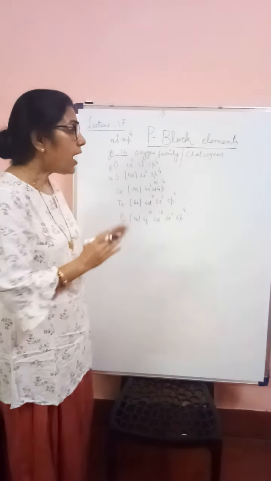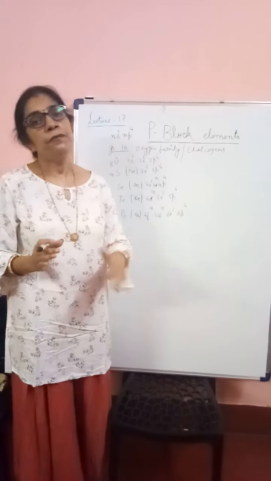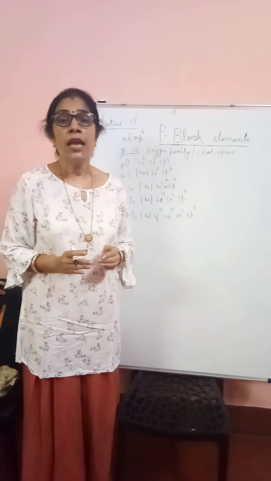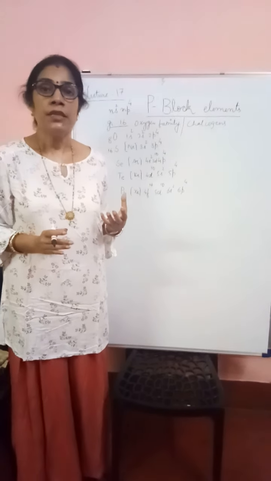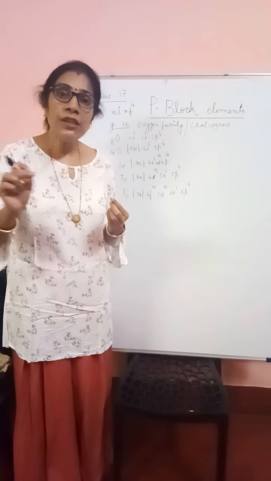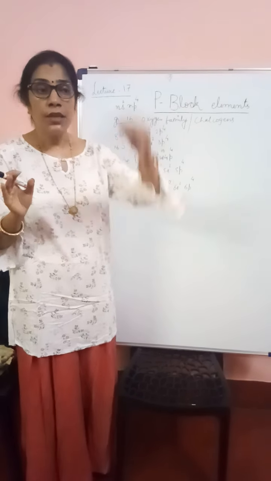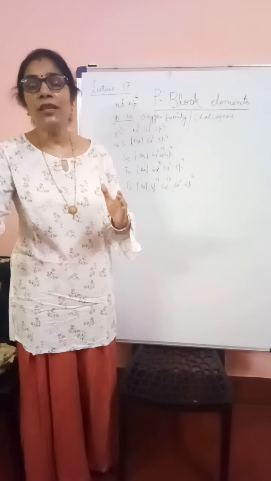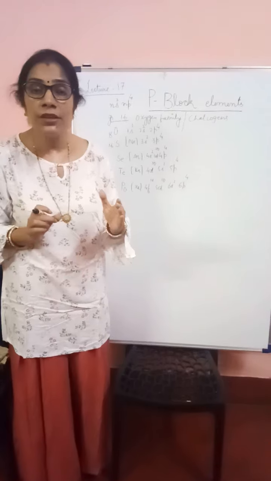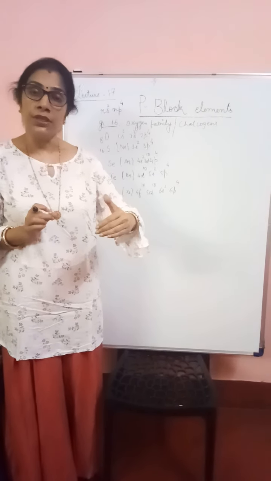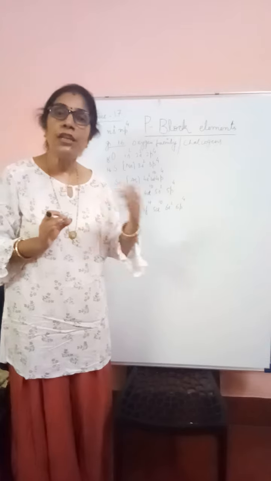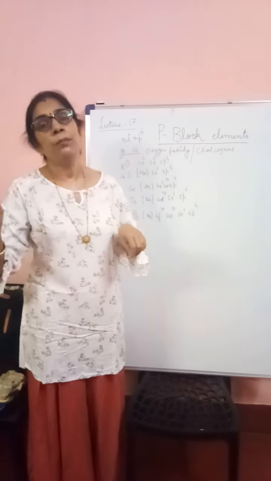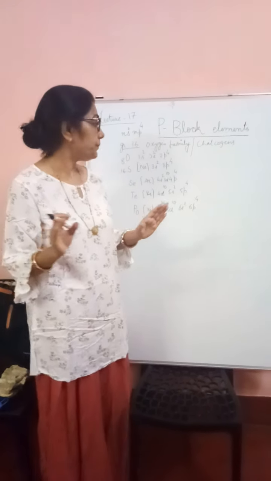Now let us start with the periodic trends and physical properties. But before we start, I would like to recall: across the period atomic size decreases but down the group increases. Electronegativity across the period increases because the non-metallic character increases, but down the group decreases. Just the reverse is the metallic or electropositive character.